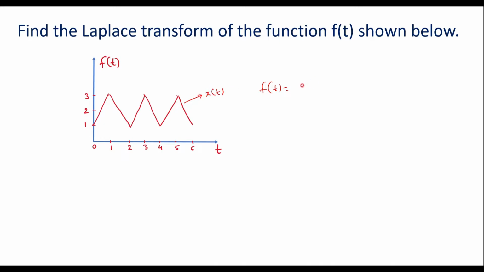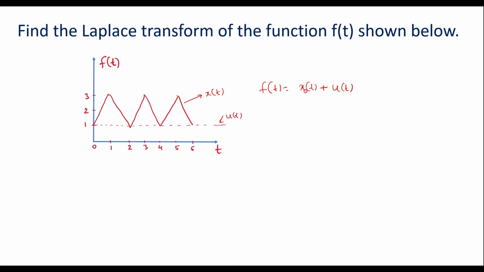x of t, that is x of t plus, here we have another signal which is a step signal. So this will be the step signal because this is a clamped signal by unit 1. Therefore f of t will be equal to x of t plus u of t.